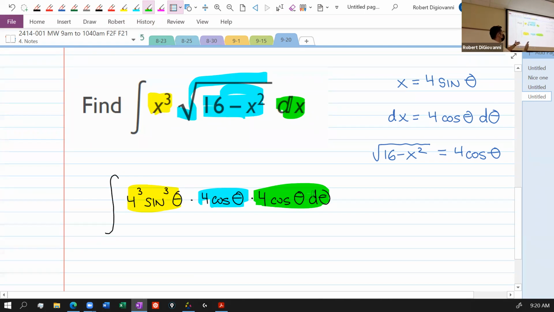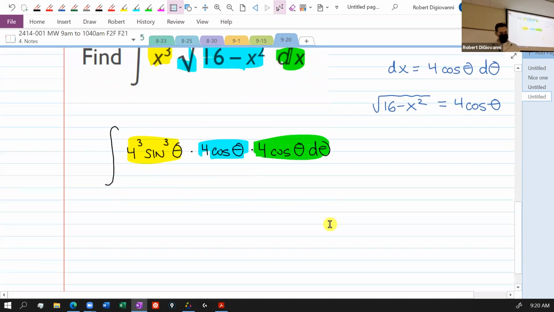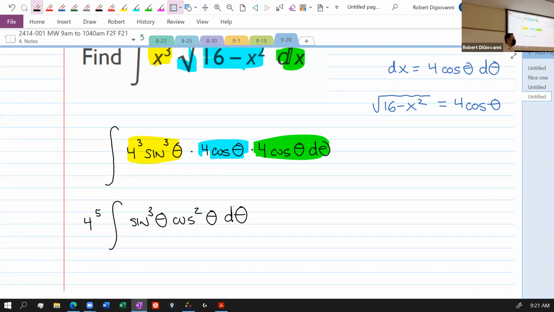Now, what are you looking at? That's a trig integral, right? That's last class, right? We got sines and cosines in here. So let's get all those 4s out of here. Those 4s are all constant. How many 4s do I have? 4 cubed and 4 and 4. I have 4 to the 5th, right? I'll figure that out later. I have sine cubed theta, and then I have cosine squared theta d theta. Boom, we're in business, right? We have a trig integral now, and now we need to go back to what we